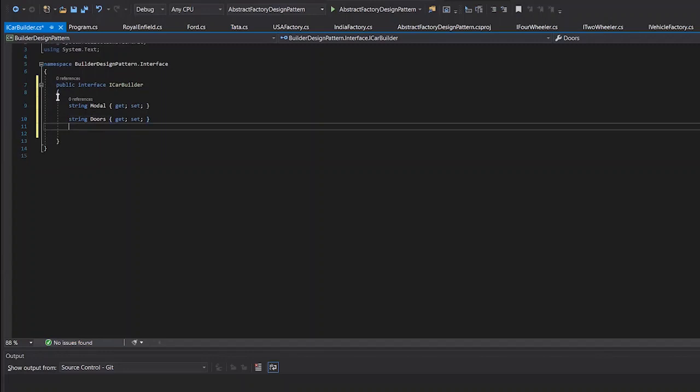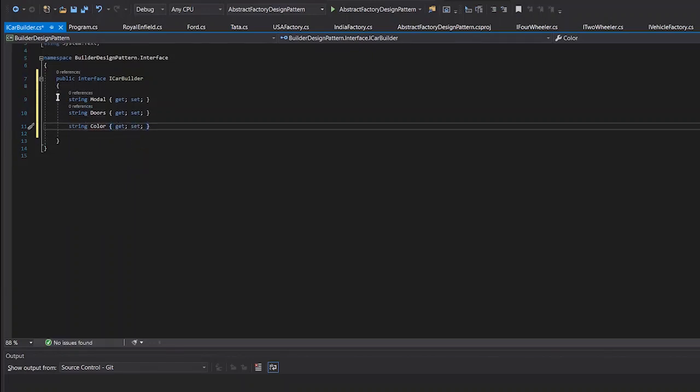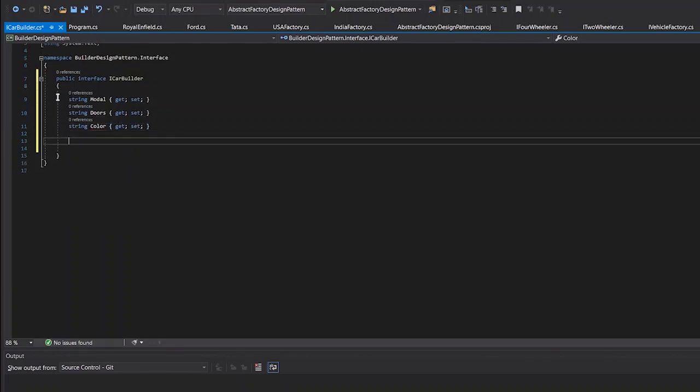So I'm just providing a string implementation for doors. What should be the color of the car? Let's do with this as of now. And finally, we will provide an output, GetCar, which will be the result.